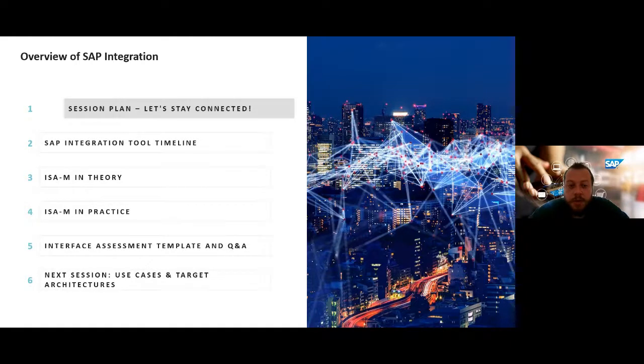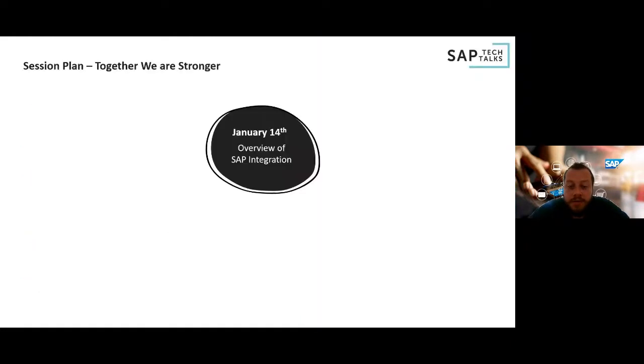Let's start. Last Friday, we had a session related to the overview of integration, where we revisited all the technologies that SAP is offering, and we also delivered an integration learning journey. Please put in the comments what you think about this document. If you already started some trainings, you know there are a lot of free open SAP trainings that are really amazing. So please share your experience with this learning journey